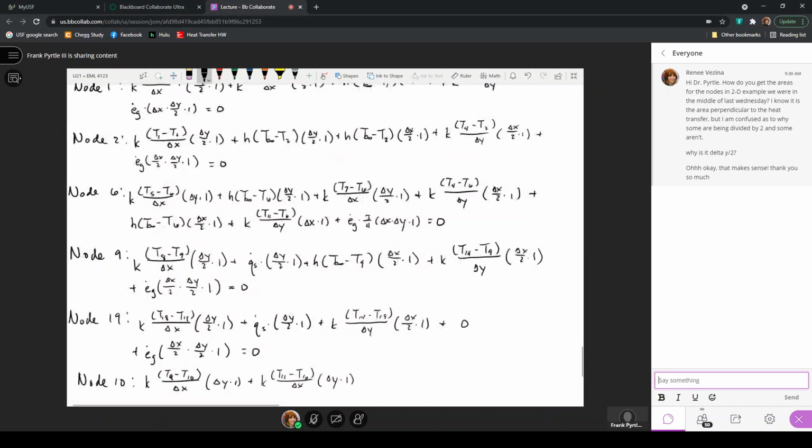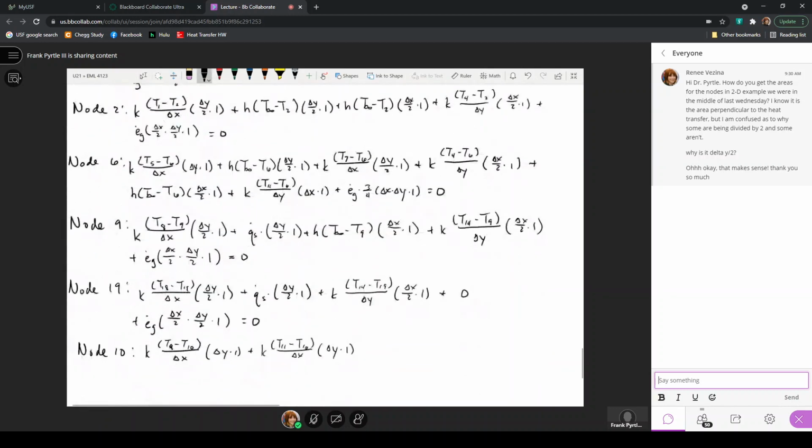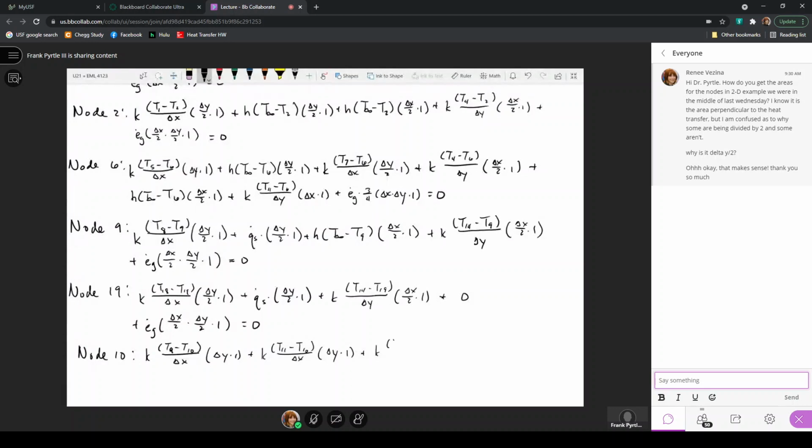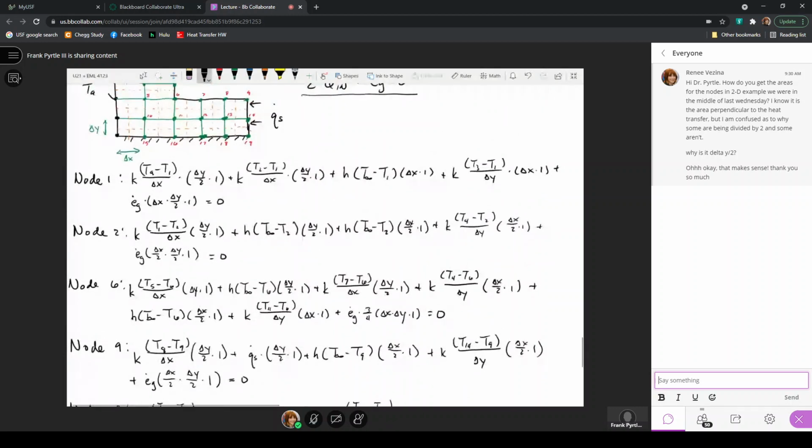From above, from node 5, plus k (T5 minus T10). The distance between the nodes is a delta Y, and the area perpendicular to heat transfer is delta X by unit 1. And from below, from node 15,